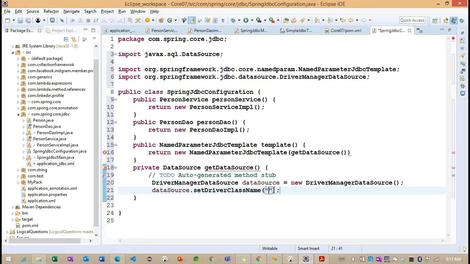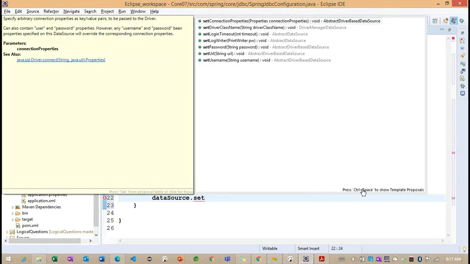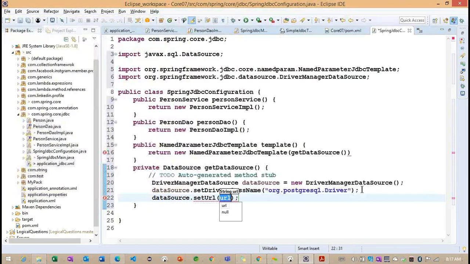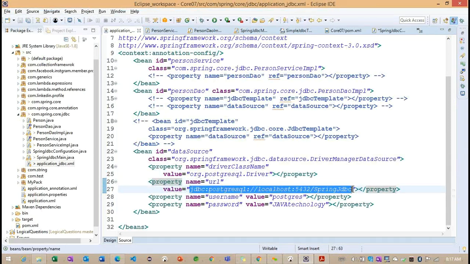The same value I'm copying here. And then the URL. So this is our URL.